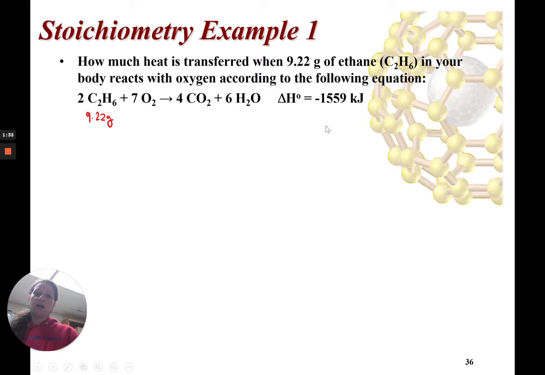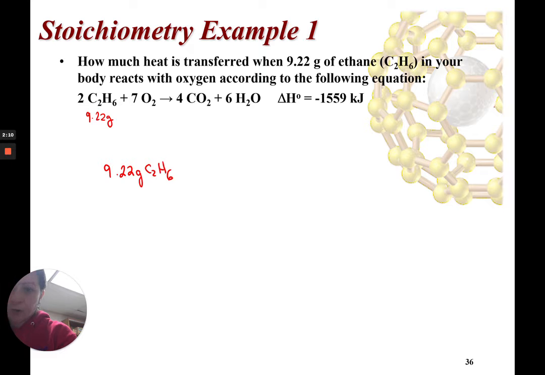We call that kilojoules per mole of reaction, meaning that this is how much heat is transferred when you use 2 moles of ethane, 7 moles of oxygen, 4 moles of CO2, and 6 moles of H2O. So this amount of heat is transferred when, in terms of ethane, you use 2 moles. The question is asking if I only use 9.22 grams as opposed to 2 moles, then how much heat would transfer? So we would start with the 9.22 grams,